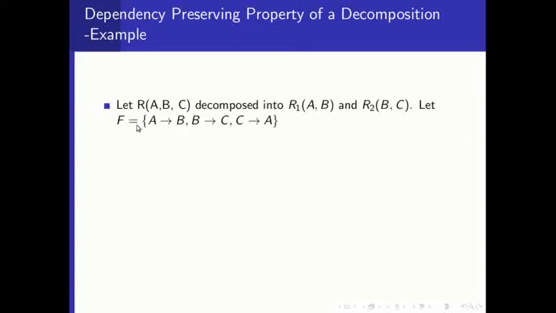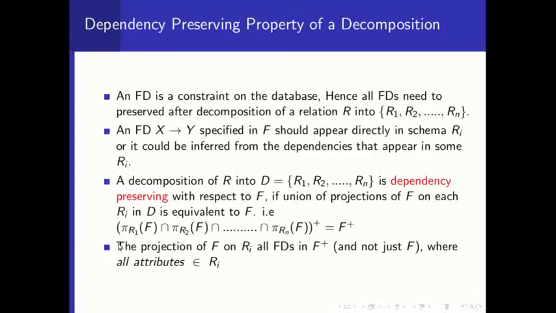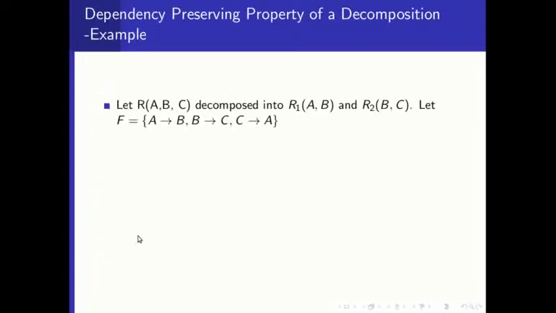The issue here is what I told you in the previous slide. This pi of R1 of F means those FDs which are related to the decomposed set of attributes R1. Actually, this is not just from F. It should be from the F closure, not from just F. If it is from F alone, you can say that only AB belongs to the FD which belongs to R. Actually, this F closure contains other FDs too.